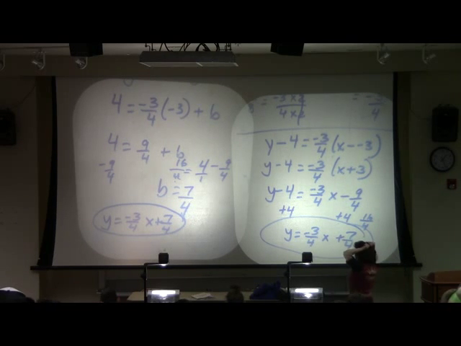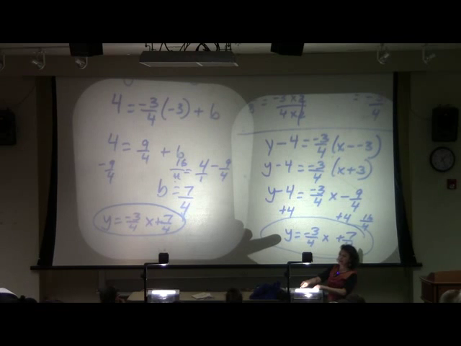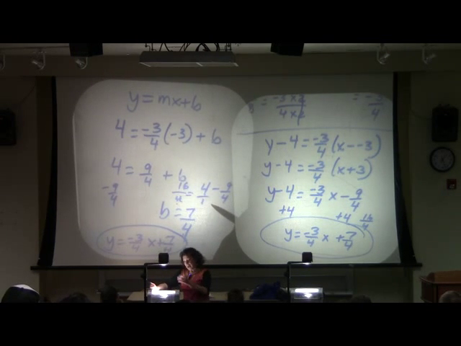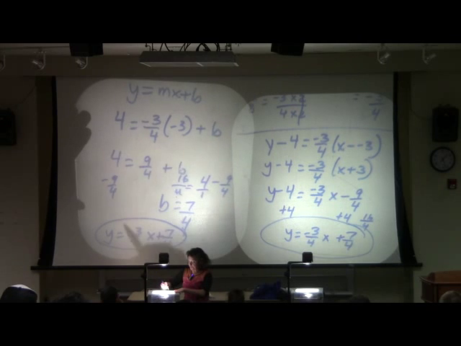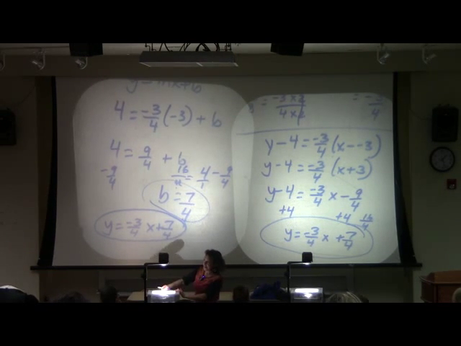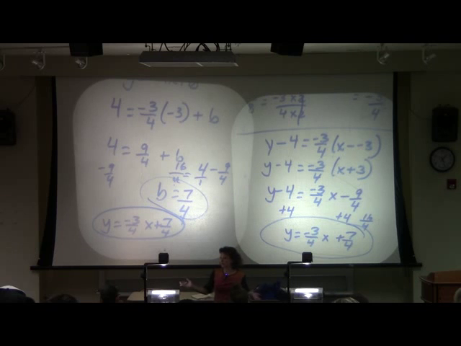All right, now let me show you guys why I like this way better than the other way. Because once we went through and did all the razzmatazz, didn't we have the equation of our line here? When you use the y equals mx plus b, I can kind of space out sometimes. You go through the razzmatazz and we got b to be 7/4, and I'd be like, okay, I solved it. And I'd forget to write my line. It's just because sometimes I have my moments. Therefore, if you remember to write your line, it doesn't matter which way you go. You got it? All right.